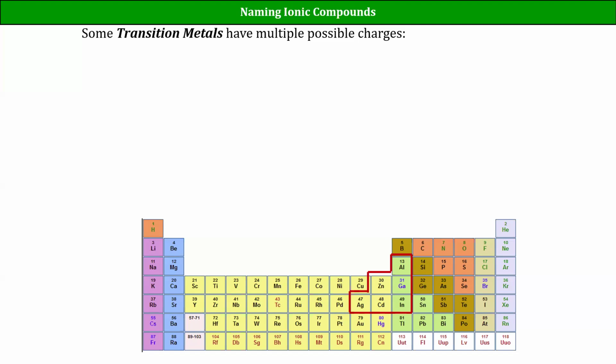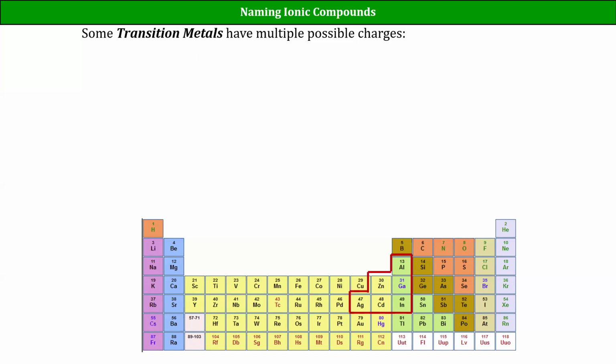And then silver is the outlier here, but it does follow an overall trend. Silver is going to be a +1. Why do you suggest that? It's the one to the left. It's going in a predictable pattern here. +3, +2, +1. And remember, we did talk about how the electron configuration of silver is a little bit weird,